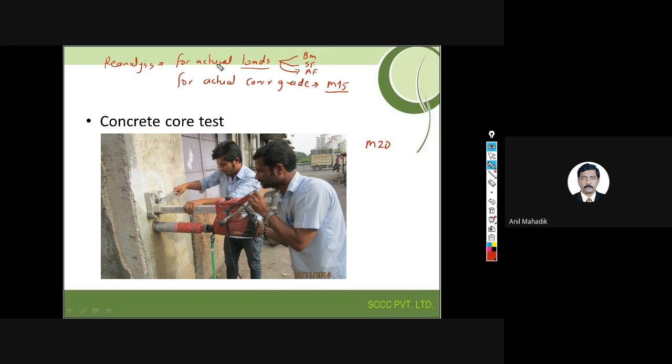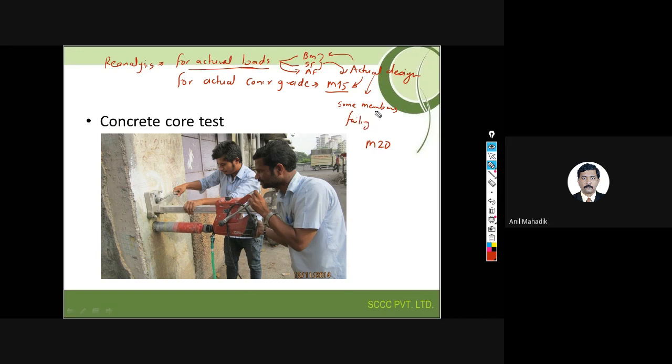After this audit, you get these results and use them for the design. So actual design means design for the actual forces which are currently in the structure. You are doing the actual design for the actual grade of concrete and the actual bending moments which you got from actual loads. And after that design, if you feel that some members are failing,